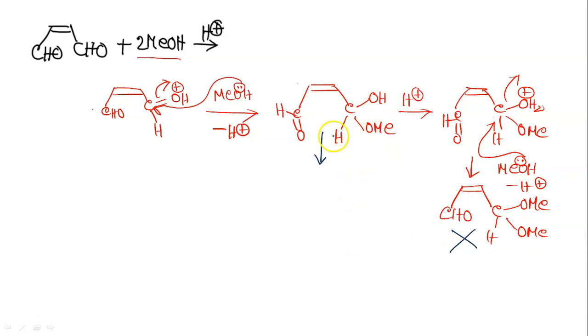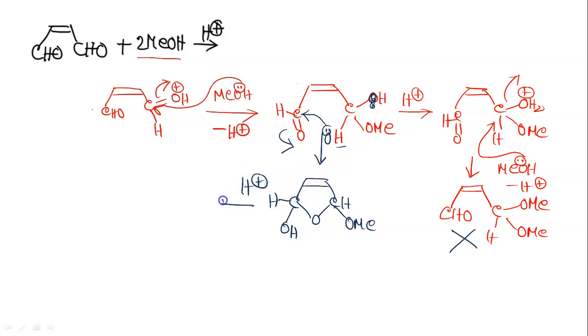So here if I write the OH here and suppose this is the H, this OH will attack this aldehyde, and there will be O minus. So what we are getting: CH, OMe, oxygen, and the O minus will take a proton from this H, so this is OH. Next, this OH will be protonated, so it will be OH2, H, oxygen, and there will be removal of water.